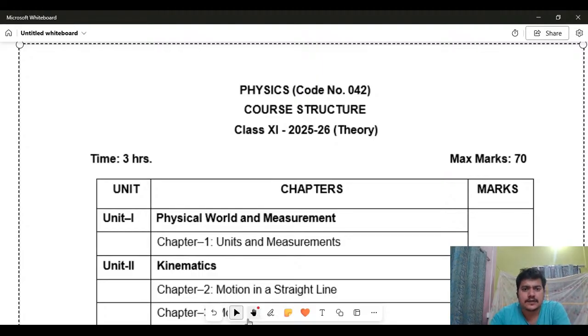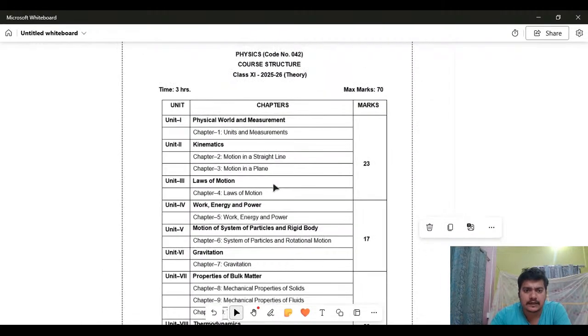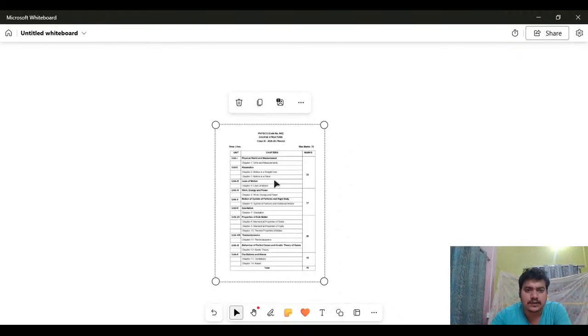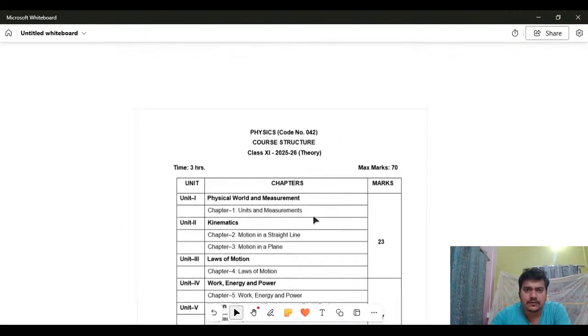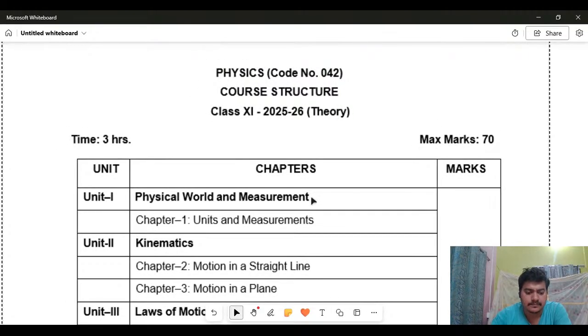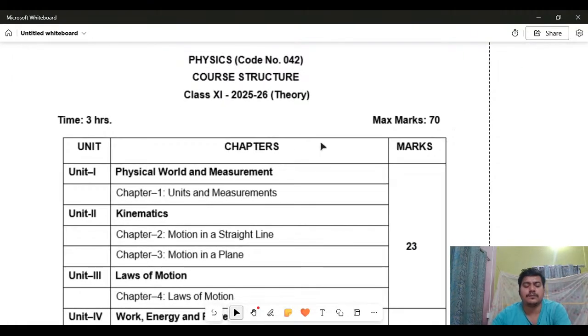Listen, the list of all the chapters is here, but if I keep it like this, it will be quite difficult for you all to see. That is why I will be going from the top. The full image you can see on the screen. And the marks distribution is also given. The total marks is actually 70. So out of 70, which chapters will carry more marks and which will carry less,